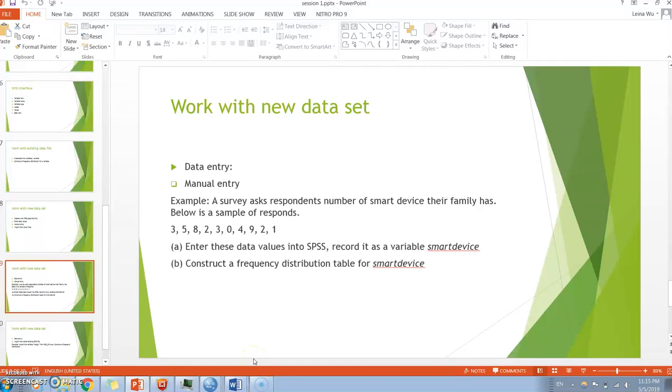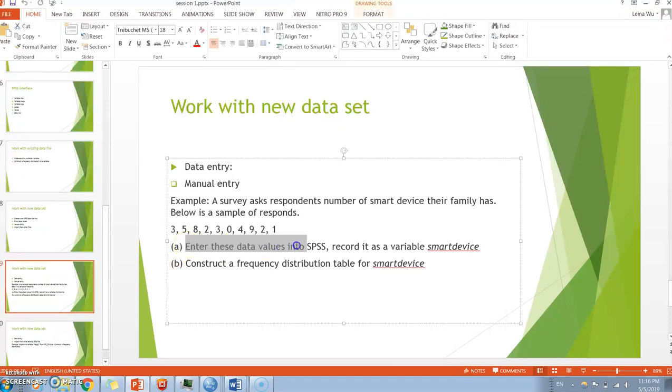Okay, so let's continue for our second part. We're going to do the same question about a survey. Ask respondents the number of smart devices their family has. A sample response is 3, 5, 8, 2, 3, 0, 4, 9, 1. What we're doing next is entering these data values into SPSS and recording it as a variable